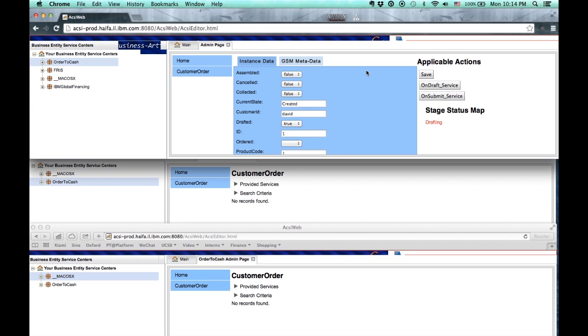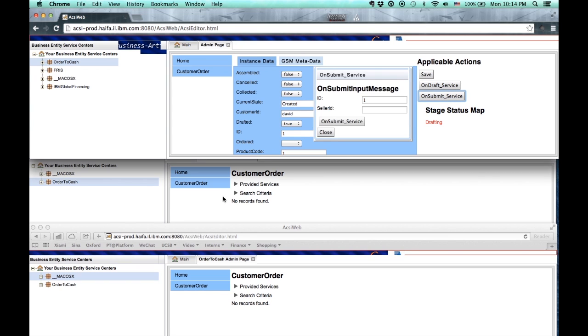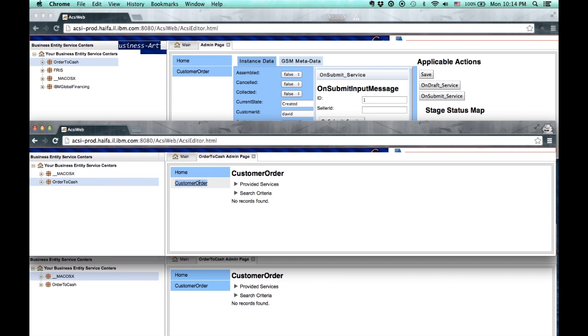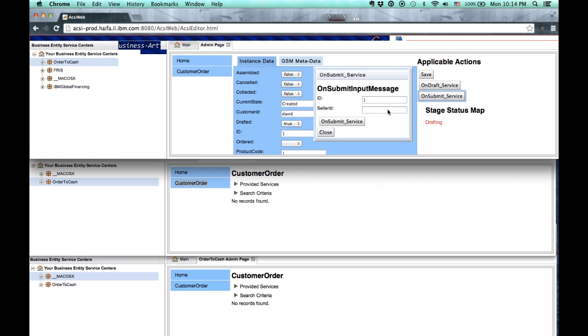Now let's run the order to cash process. Here we show 3 different views for 3 different participants: the customer, the manufacturer or seller, and the supplier. And now the customer has just finished the order drafting and is about to submit the order. Notice that before the submission, there is no order record that can be found by the seller or the supplier. If we refresh, there is just no record. Once the customer submits the order request to seller Leo,